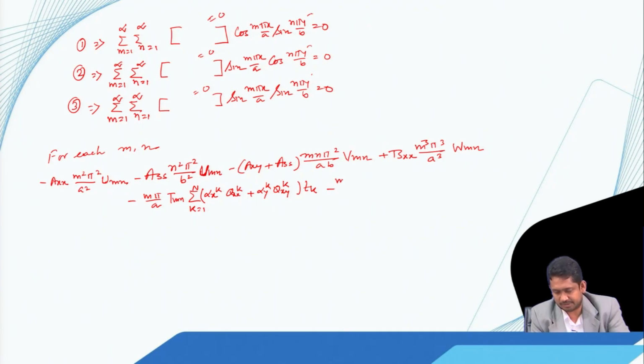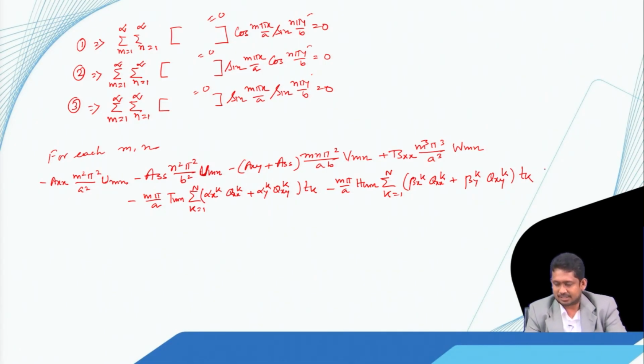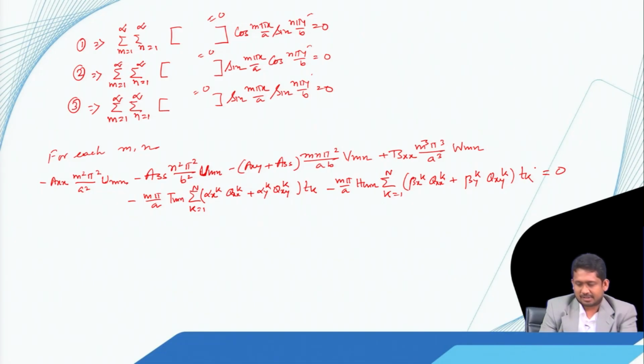Similarly, for the moisture effect we get m pi by a h mn, summation k equal to 1 to n, beta x for the kth ply, q xx for the kth ply, plus beta y for the kth ply, q xy for the kth ply, into T k, and that is equal to 0. So, this is the first equation that we get, and then we get